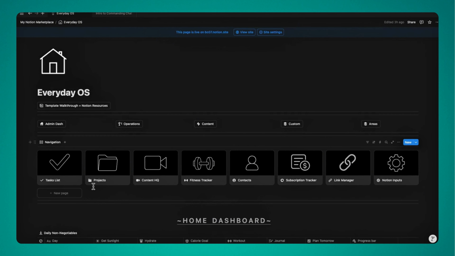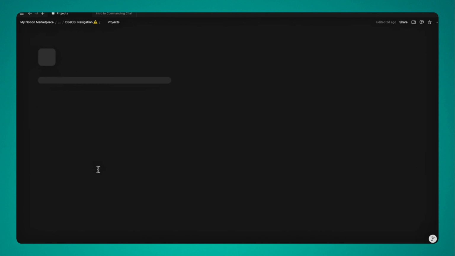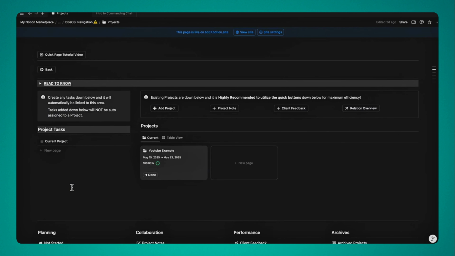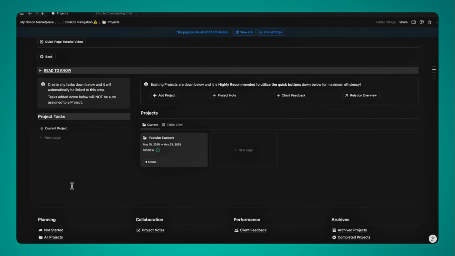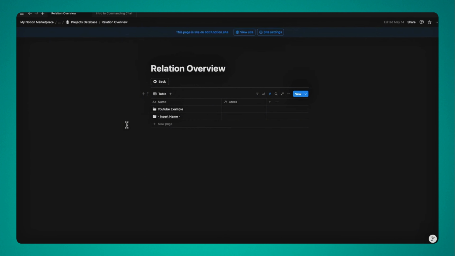how everything in the projects page now currently links to everything that we just looked at in the task. So if I click on projects, you're going to see that it opens up into what I think is a very aesthetically looking setup for a projects page. You'll notice right at the top, we have buttons to add projects, notes, client feedback, and a relationship overview button that will basically just show you the name of the project and let you easily link it to an area